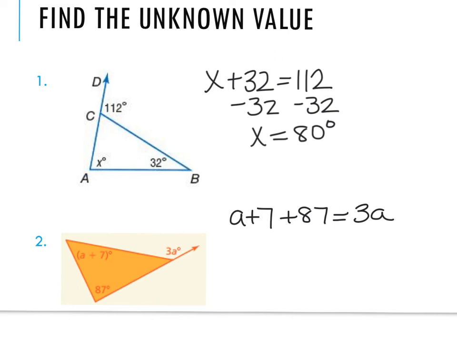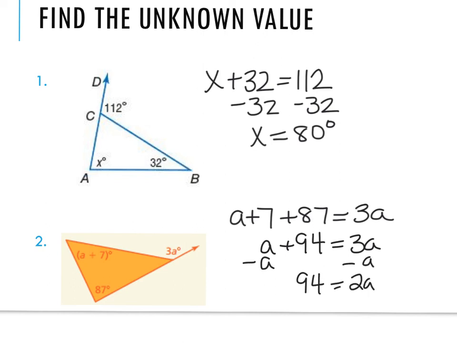So I have like terms on the same side here, so I'm going to add the 7 and the 87. And then I have A's on both sides, so I want to combine like terms by moving over my A. And then divide by 2. And I get A equals